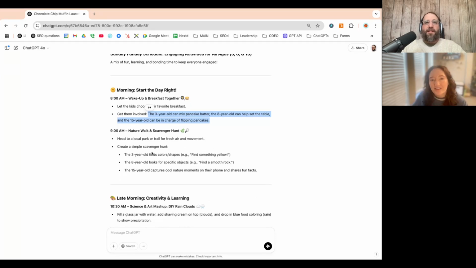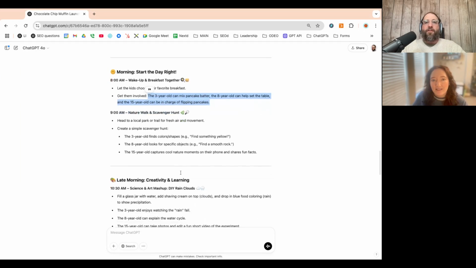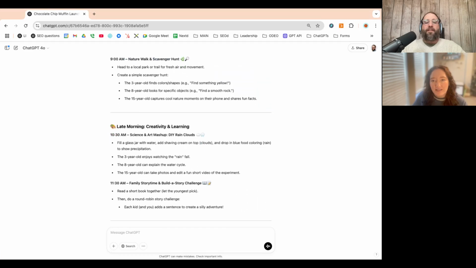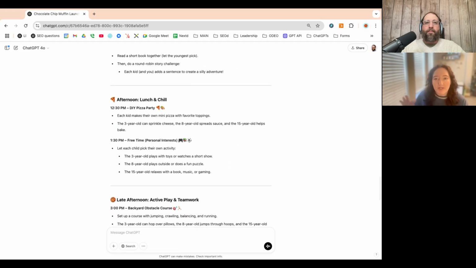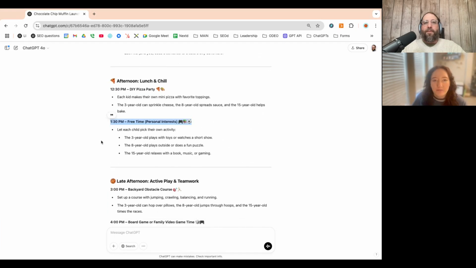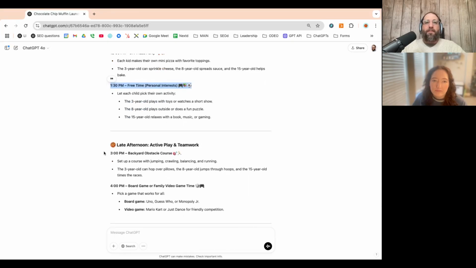So it's choosing the activity and then actually giving the suggestions on how everyone can be a part of it, instead of just assuming we'll know what each person can do. And each task is age appropriate or developmentally appropriate for that age group. And also there's this concept that not every single hour of the day has to be scheduled, and there should be some free time. And it's even including some best practices, which we didn't even ask it to do. But based off of the information that was fed into the model, it knows that that's important.